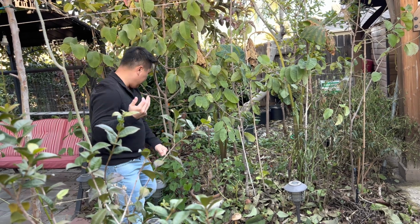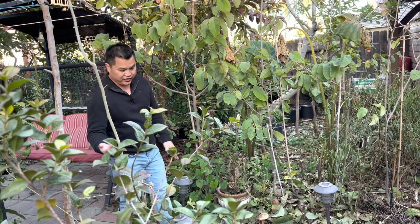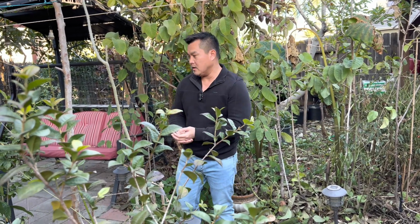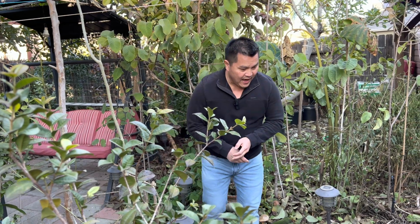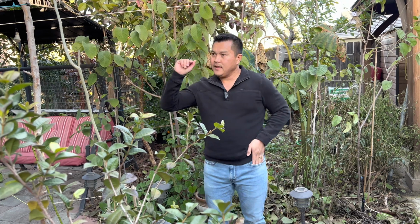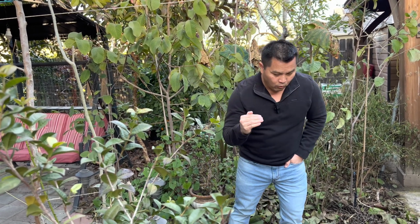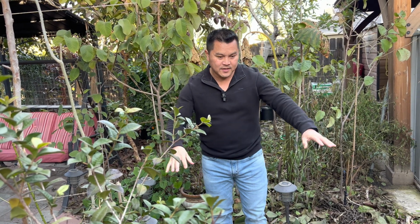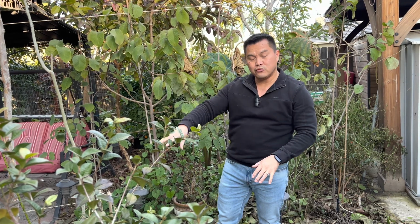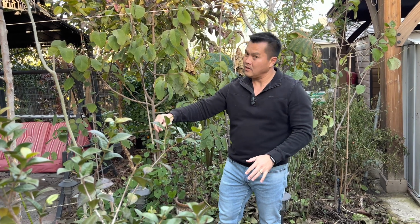So the sharing of resources and information is a big one for me. Another one too is the fact that when you have a tree in the ground, they fare so much better during the cold just because the earth itself is radiating heat. So as the frost hits from above us, the earth is keeping the roots of the trees nice and warm